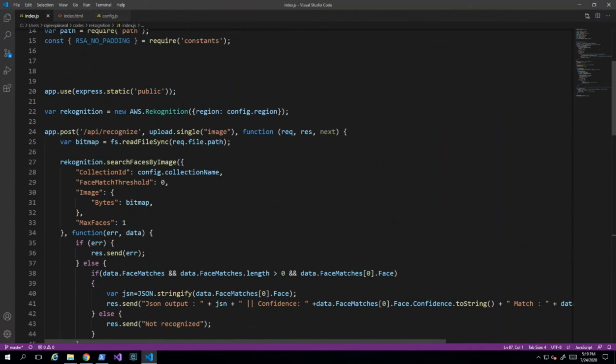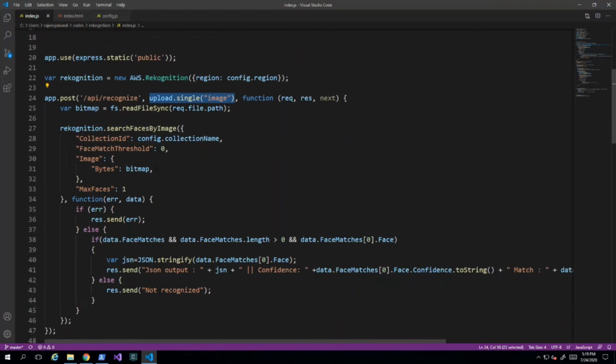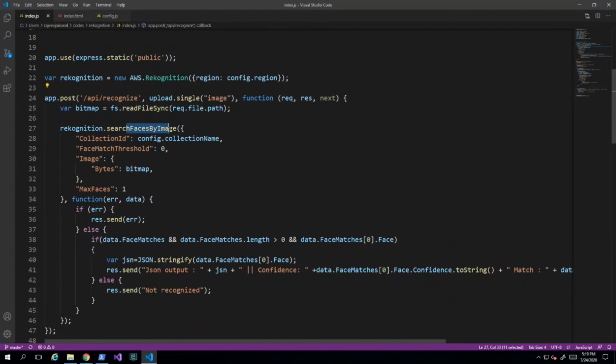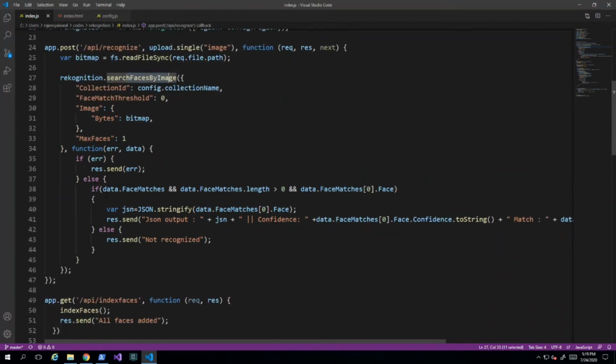I'm uploading the image programmatically through a web file, and creating my input details, which need to be passed when searching by face image, where the name is important and the bytes are important. I'm passing them, and it returns a response, and based on the response I'm printing the JSON output. I'm also printing separately the confidence level and the match level.